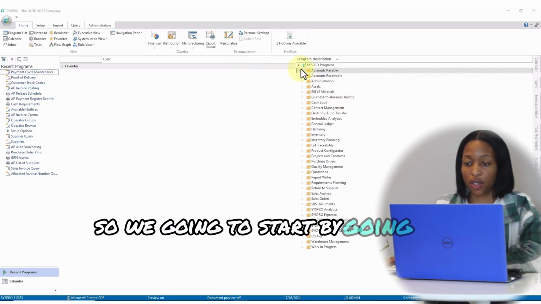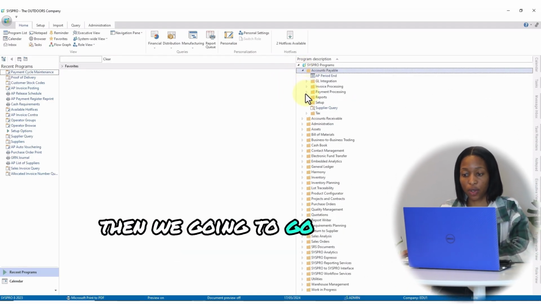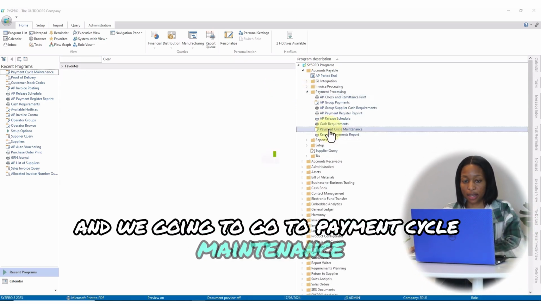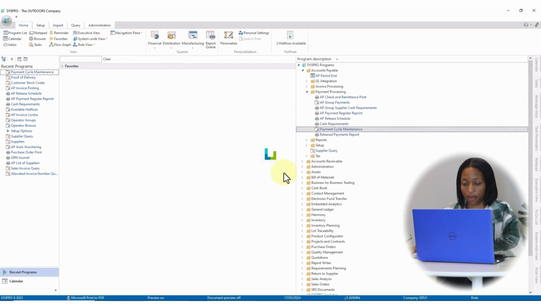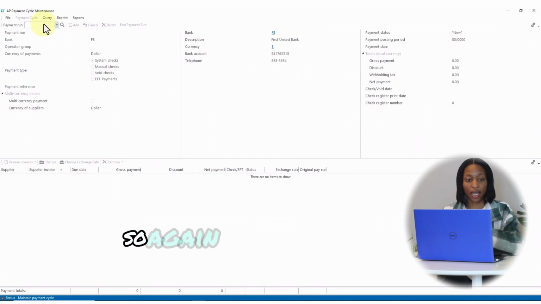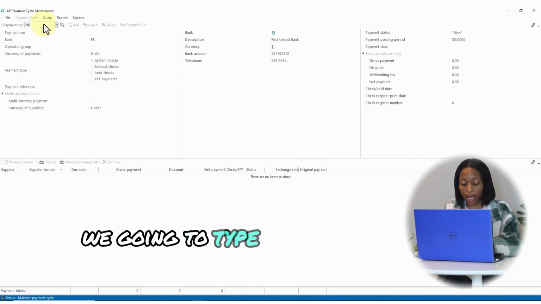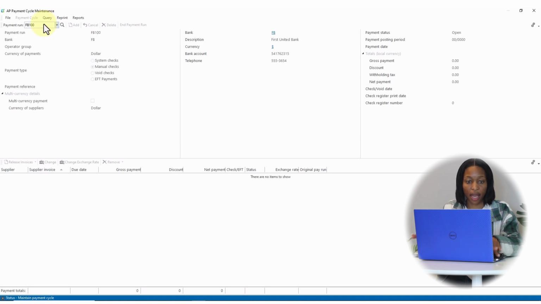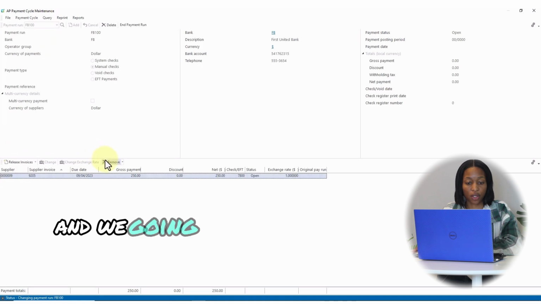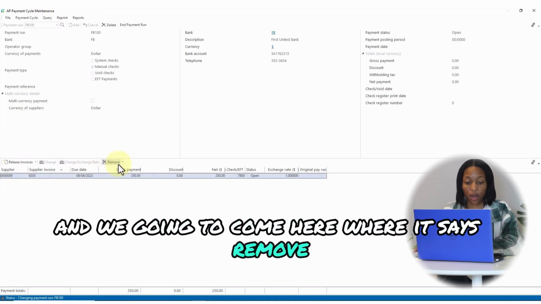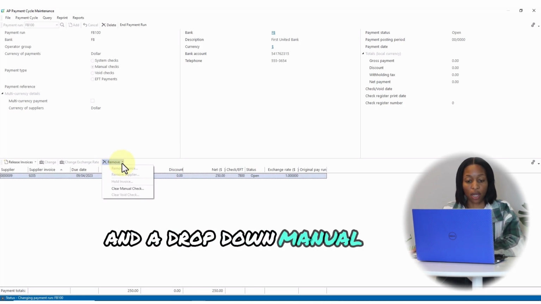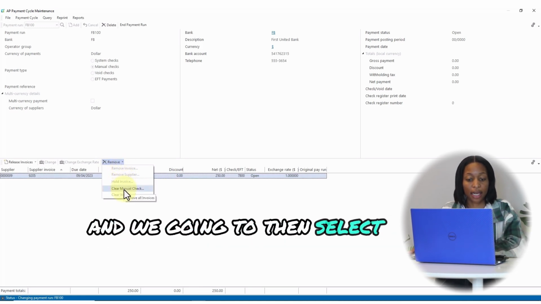So we're going to start by going to Accounts Payable, then we're going to go to Payment Processing, and we're going to go to Payment Cycle Maintenance. I'm just going to make this bigger. So again, on the payment run, we're going to type in our payment run, and we're going to tap off. We're going to then select the invoice, and we're going to come here where it says remove. We're going to click on the arrow, and a drop-down menu will appear, and we're going to then select clear